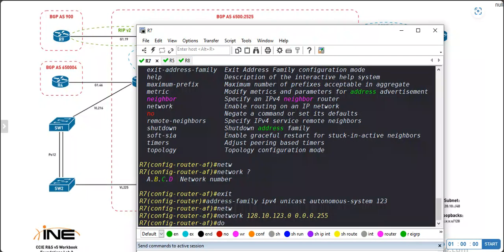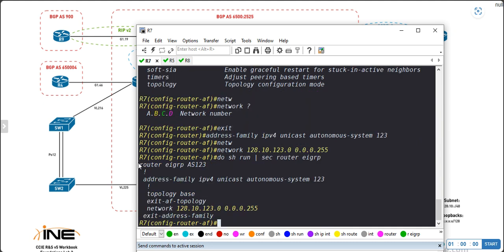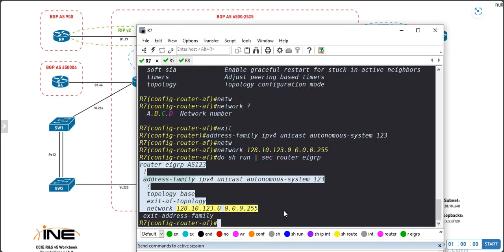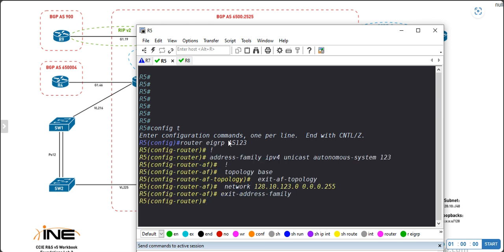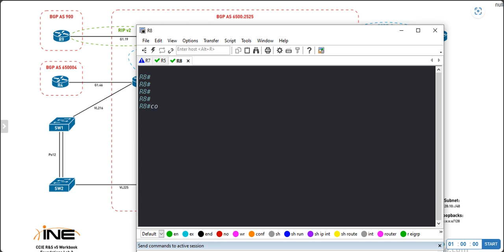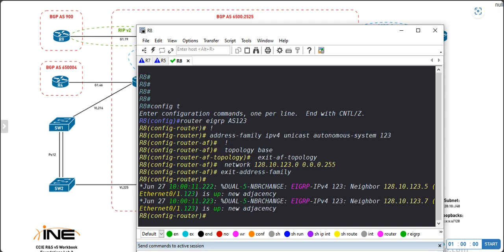Okay, this is the same as what we have to show. Show run section eigrp. This is our virtual name. Then I have specified this network. Copy config. Okay, then